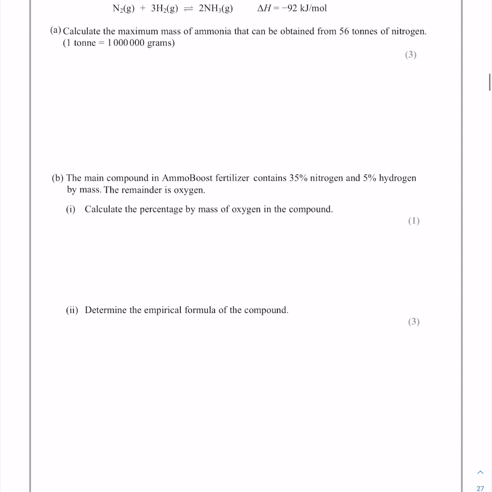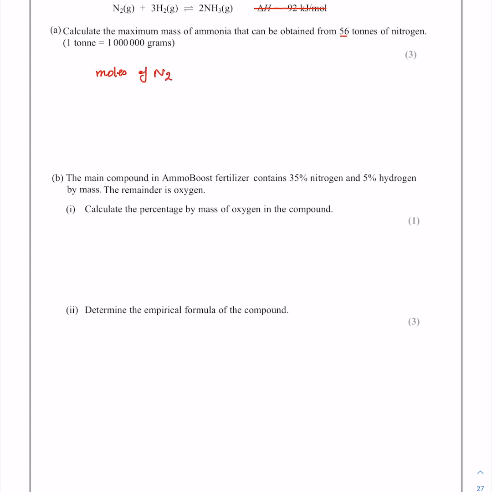Question 19. The equation for the production of ammonia is nitrogen plus 3 mole of hydrogen gives 2 mole of ammonia. Calculate the maximum mass of ammonia that can be obtained from 56 ton of nitrogen given that 1 ton يساوي million grams. طيب احنا ممكن نعمل ايه اول حاجة؟ اول حاجة نجيب المولز of